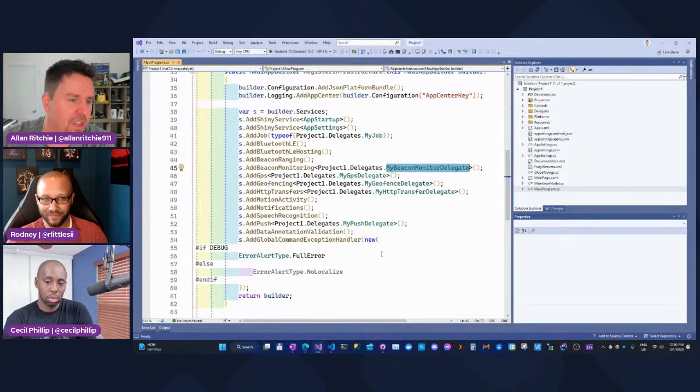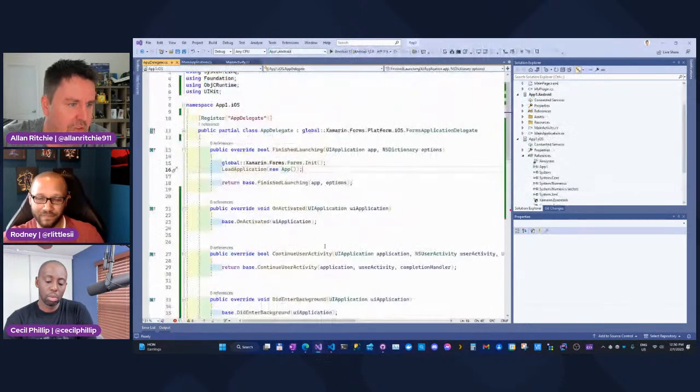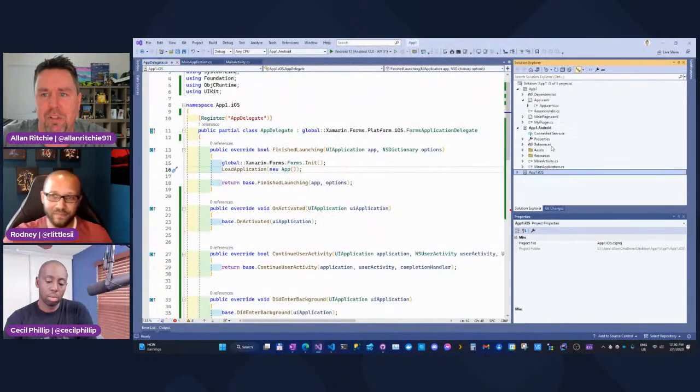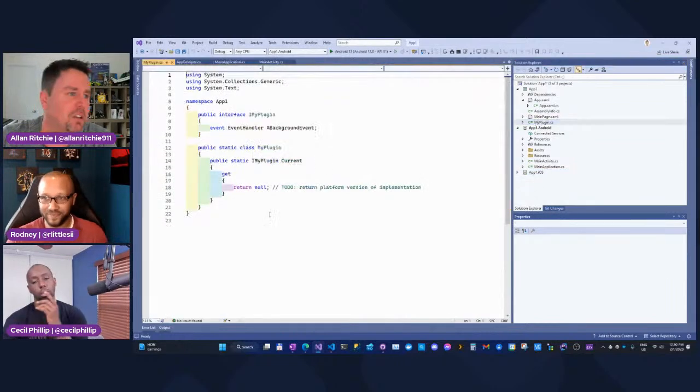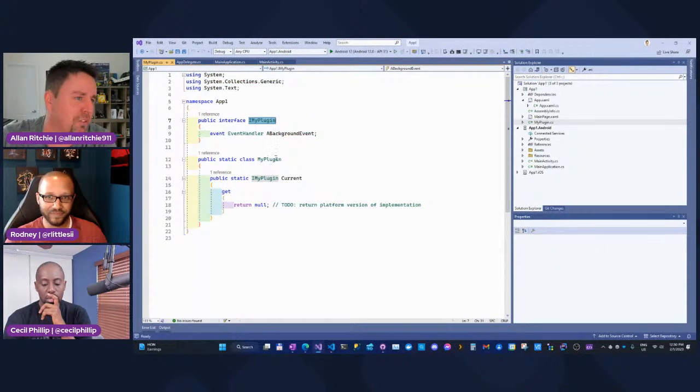One of the things I said is, when I came out of the plugin world, and I'm going to go to a classic app here for a second. So this is a classic Xamarin app. We've got your traditional plugin setup: an interface with a static class that says current. This was the traditional way of doing it in Xamarin Forms.